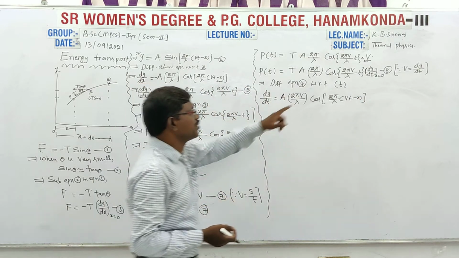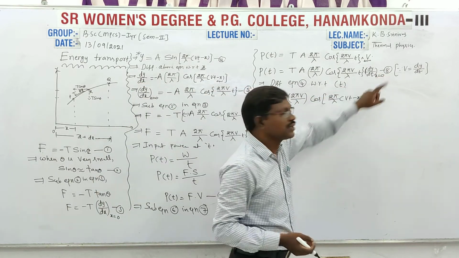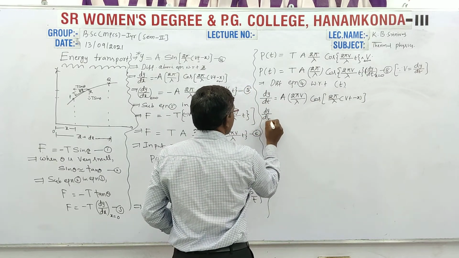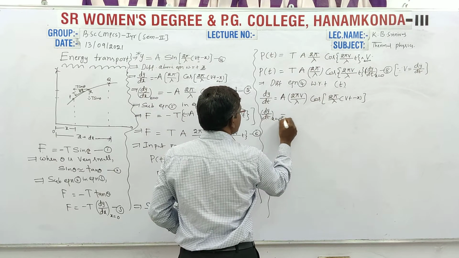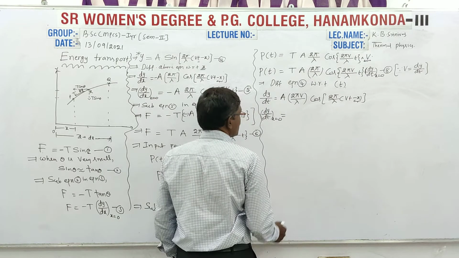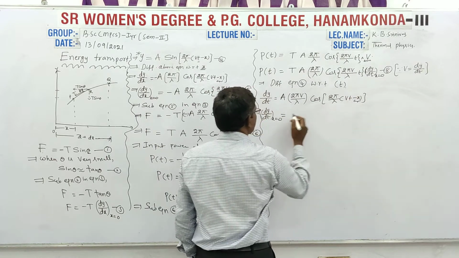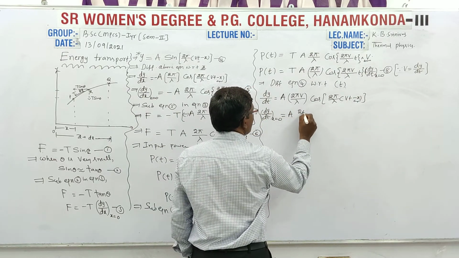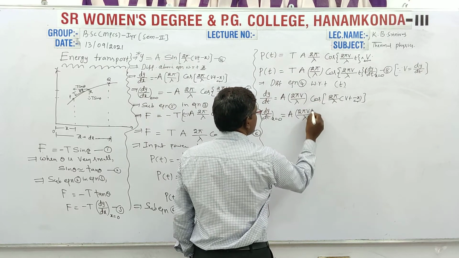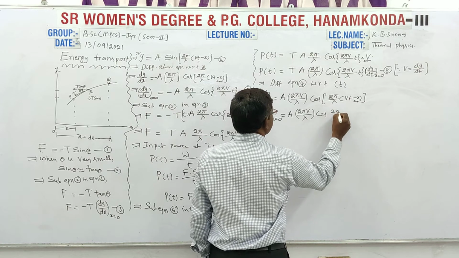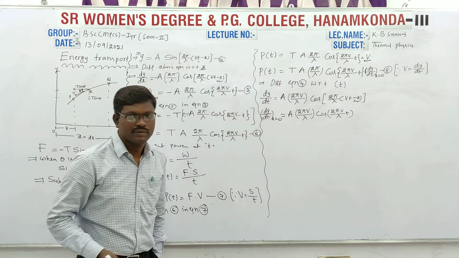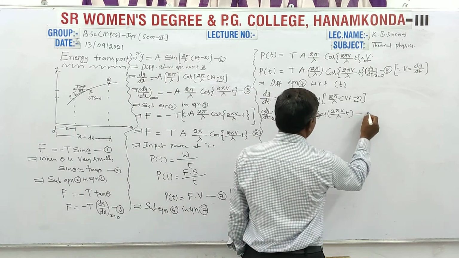But every time I want to calculate at x is equal to 0, put x is equal to 0. So dy by dt at x is equal to 0 is, just simply here I am substituting x is equal to 0. So this term disappears from the expression. So finally our equation becomes 2 pi v by lambda into cos of 2 pi v by lambda into t. Is that clear? Right. Let this be equation number 9.